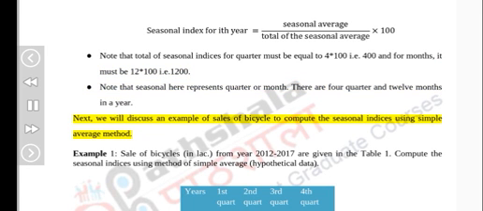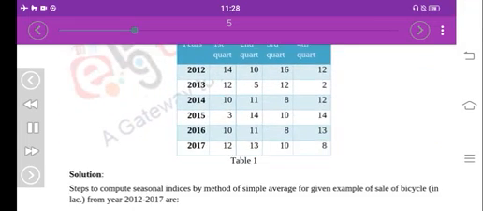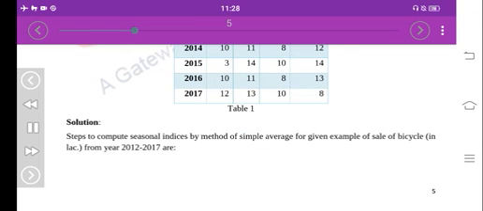Next, we will discuss an example of sales of bicycles to compute the seasonal indices using the simple average method. Example 1. Sale of bicycles in lakh from year 2012 to 2017 is given in Table 1. Compute the seasonal indices using the method of simple average, hypothetical data. Year, first quarter, second quarter, third quarter,